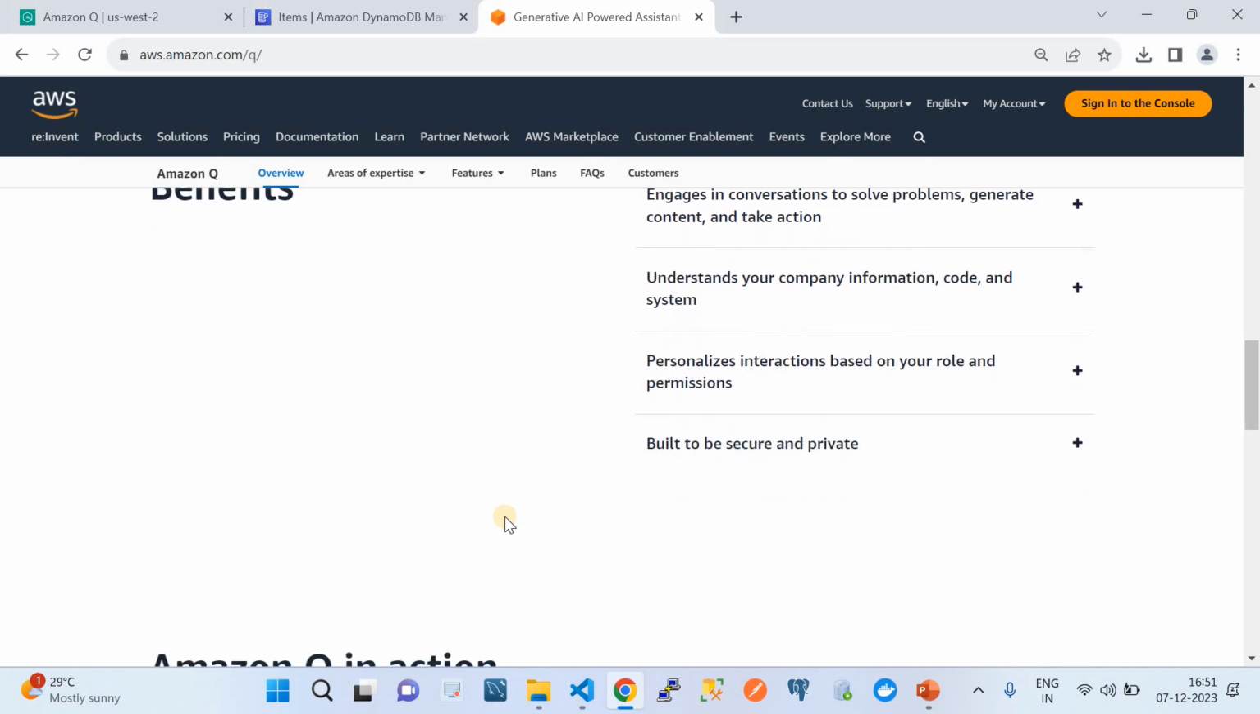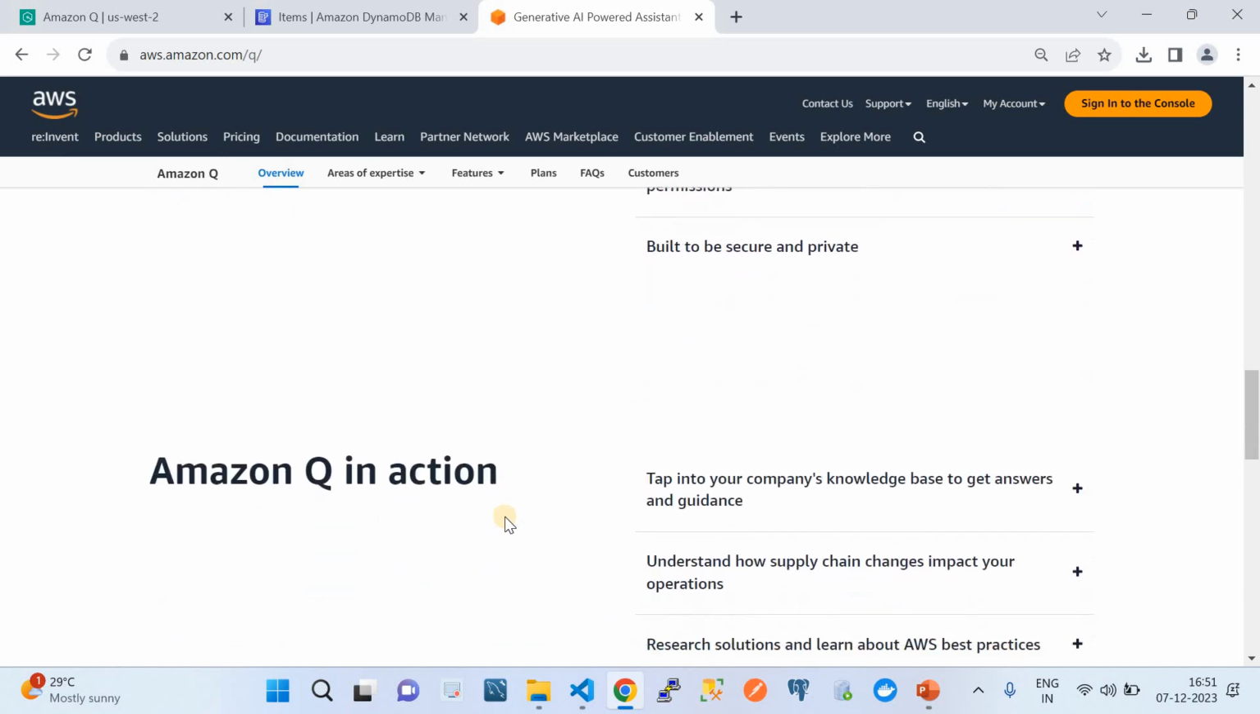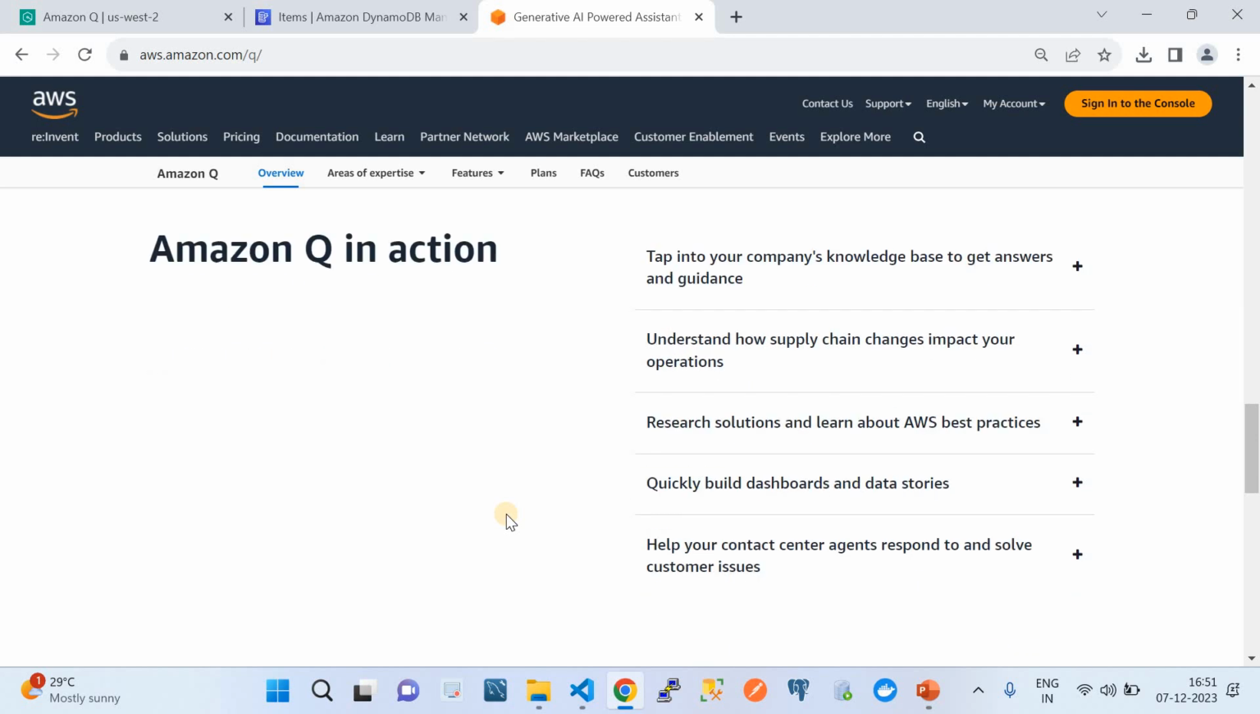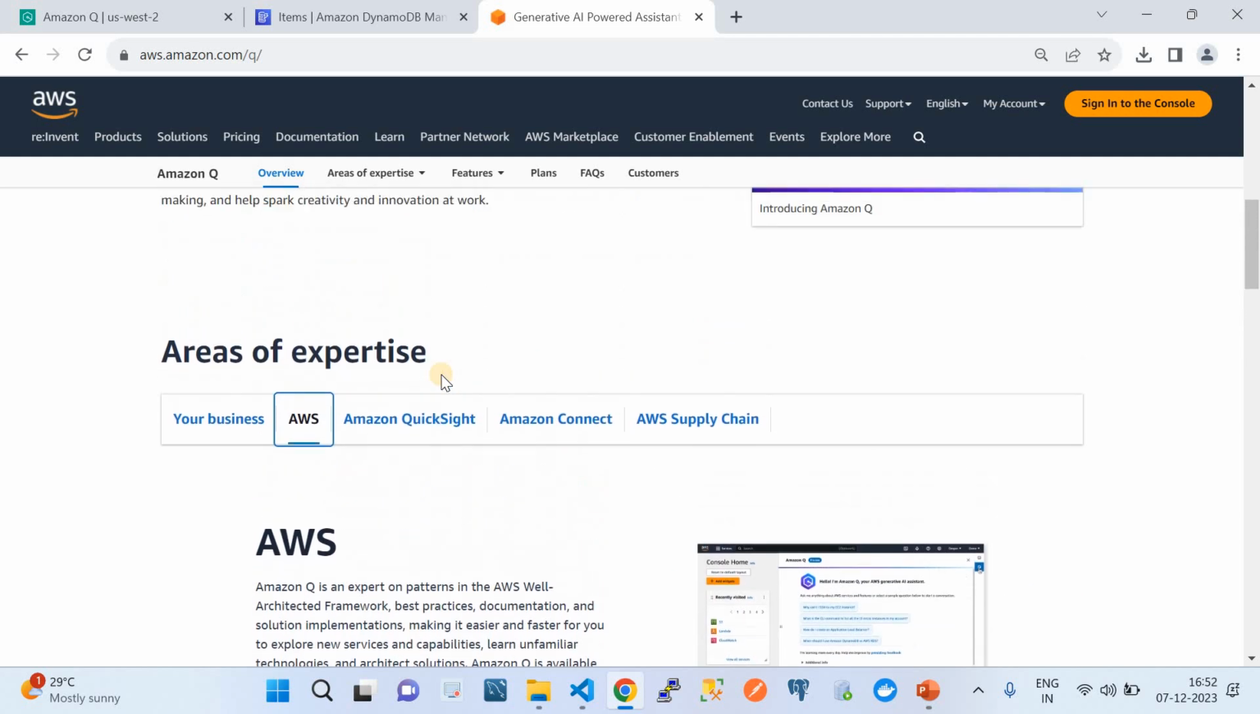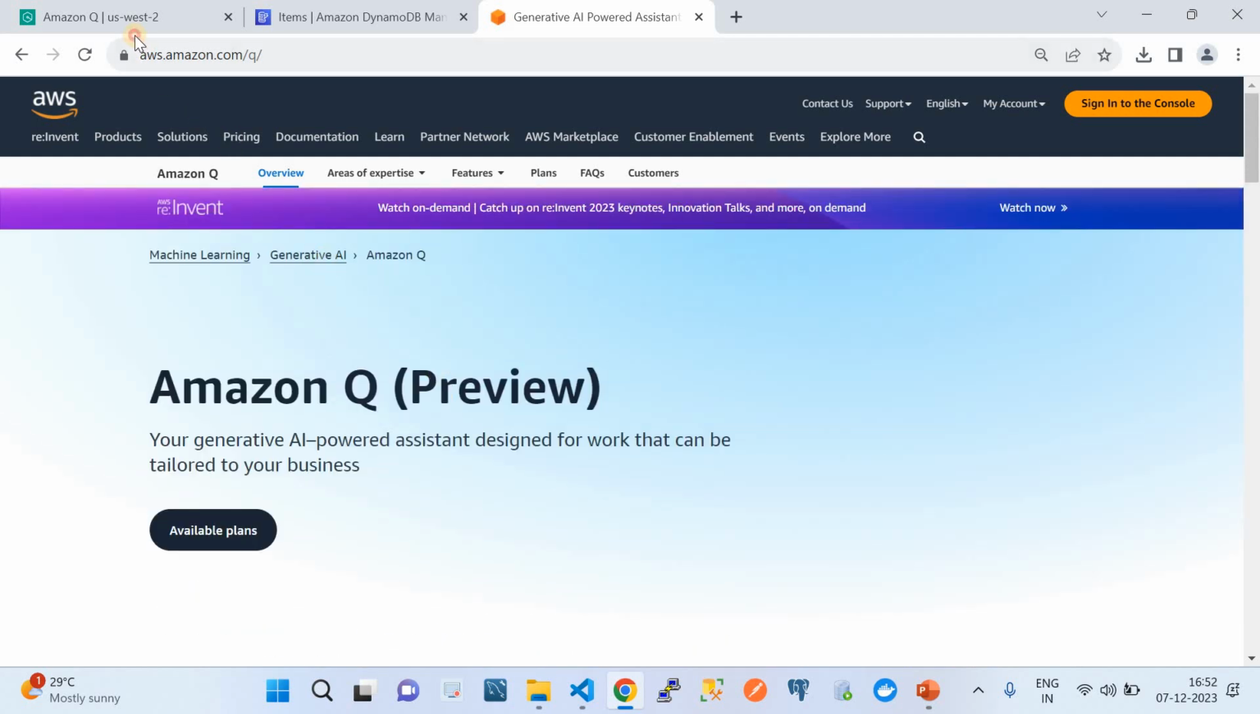In the sense, yeah, by default any services in AWS are incorporated with security and privacy. All right, so that is the very basic information about Amazon Q. Now I will take you to the